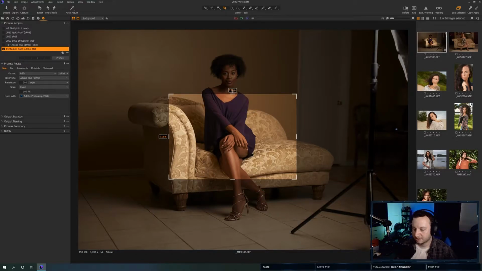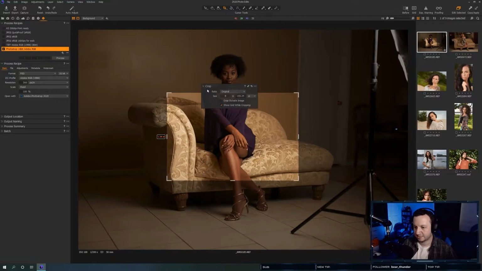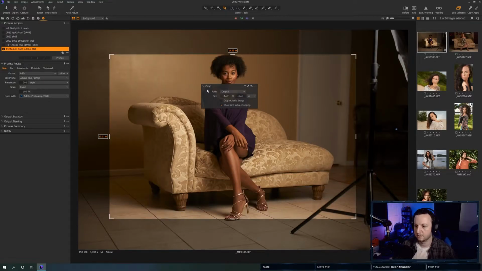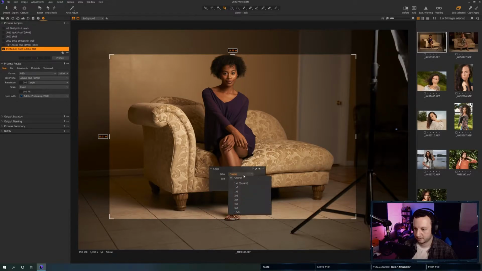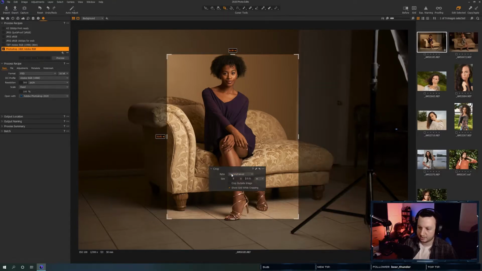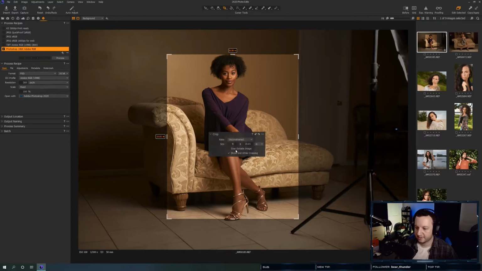So I usually like doing a 5x7 or an 8x10 crop, and that usually depends on the image. So we're going to see what each one of those looks like. So 8x10. And then let's, oh no, not unconstrained. I want an 8. Actually, let's make this up. Why are we having issues today?